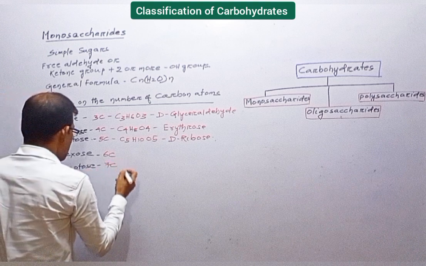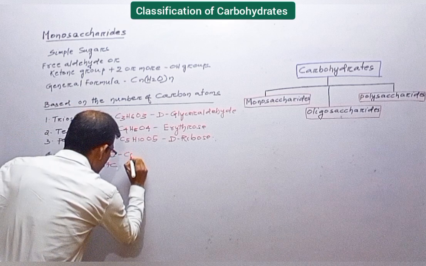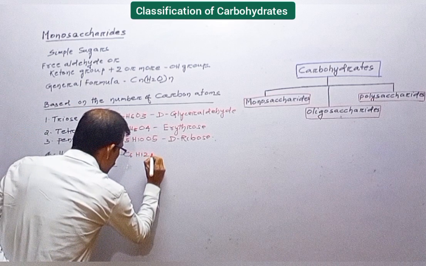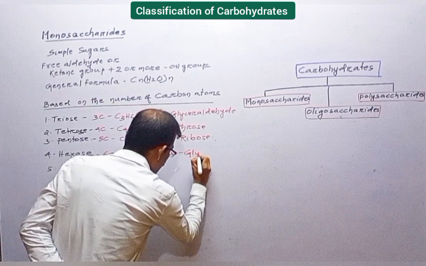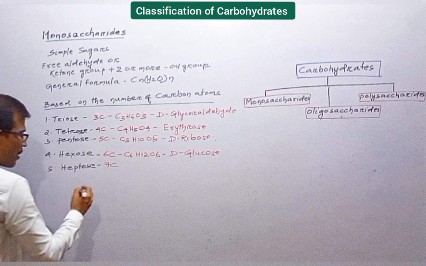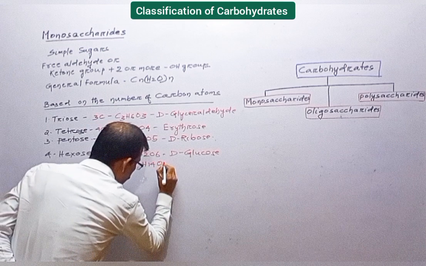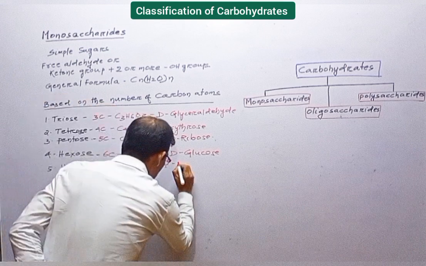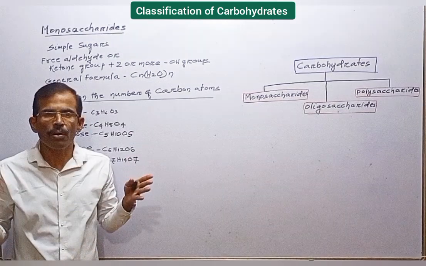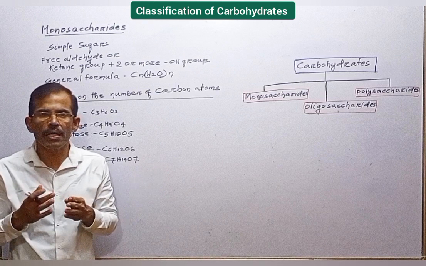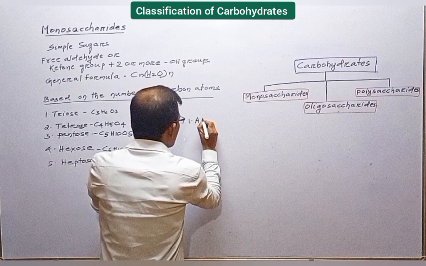And the next one is hexose. It contains 6 carbon atoms. So its general formula is C6H12O6. An example is D-glucose. The last one is heptose. Its general formula is C7H14O7. An example is pseudoheptulose. Depending upon whether they contain aldehyde or ketone group, monosaccharides are also subdivided into aldoses